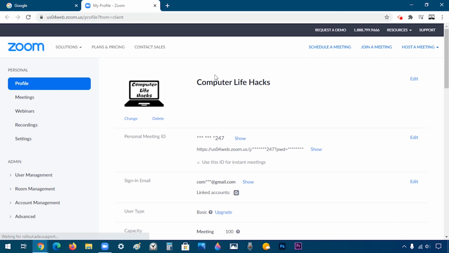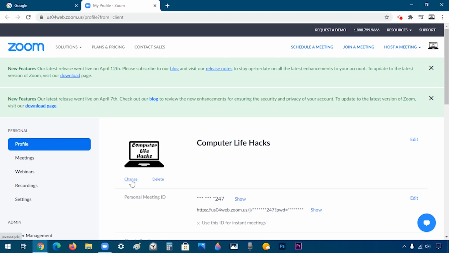It will automatically open it in your browser. The first option has your name and your profile picture. So click on the change that shows up under your profile picture. If you haven't changed it before, then it will already be the first letter of your name. So click on change